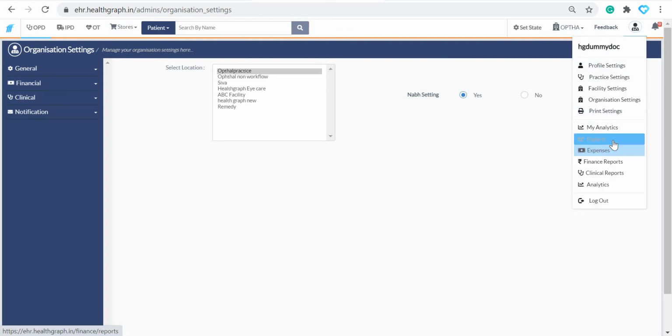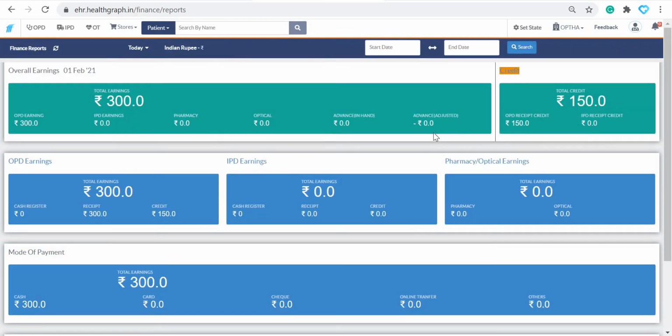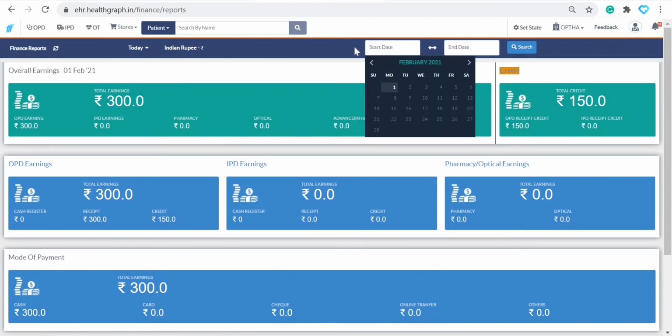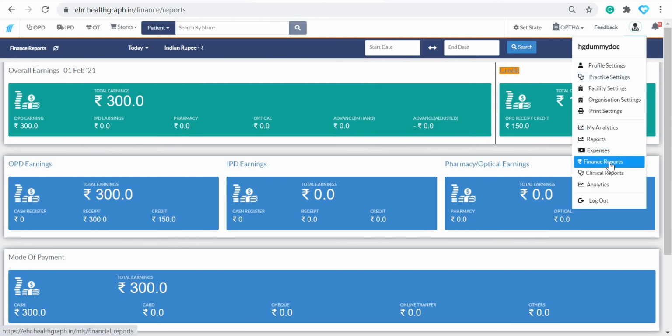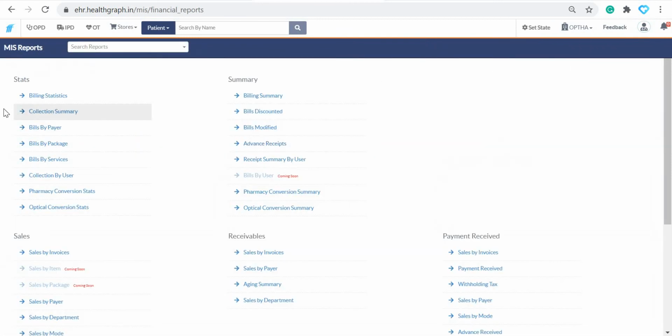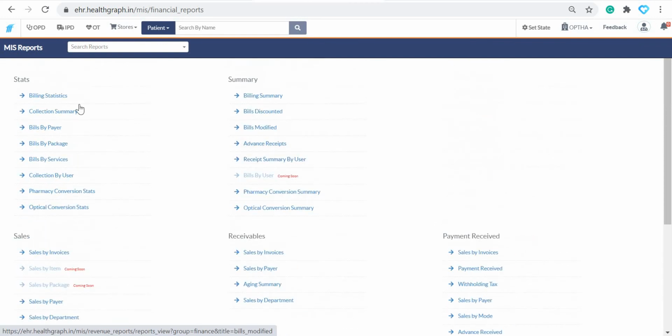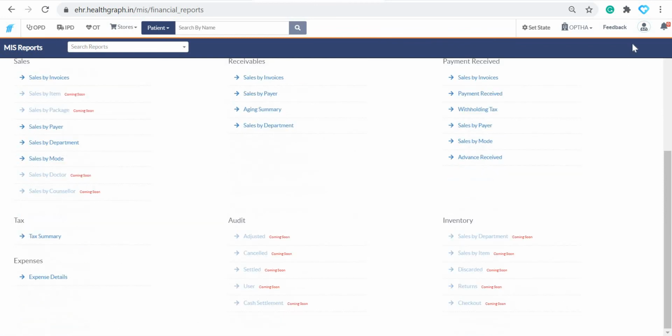And then quickly you can also do some reports, analytics and all, like finance reports analytics is available. You have an option to check whatever date you want to check. And then we have a finance report as well, like all these reports are available. Billing, all these things are available, you can see here, right? Billing statistics, billing summary, and all kinds of reports are available in finance.